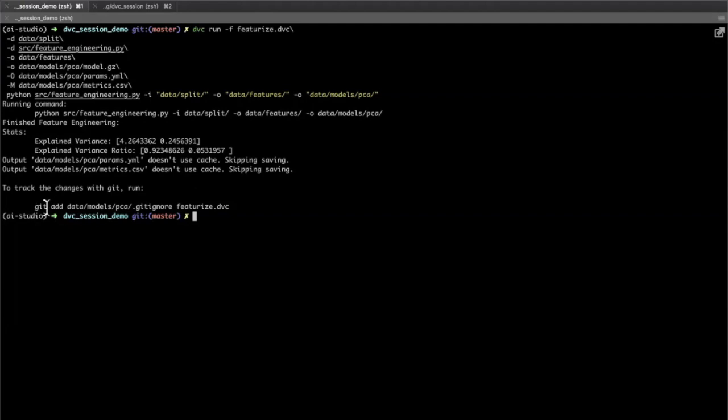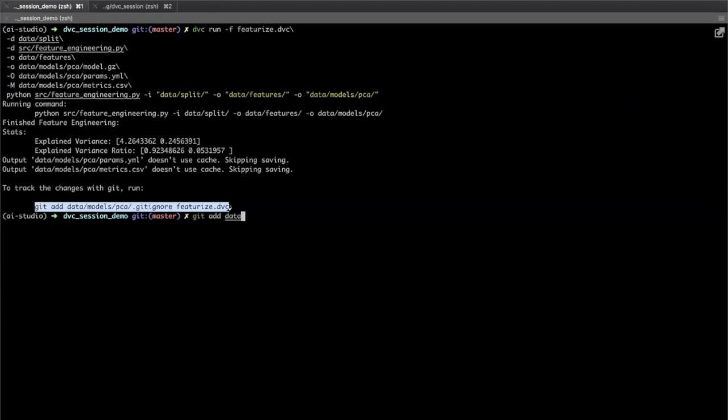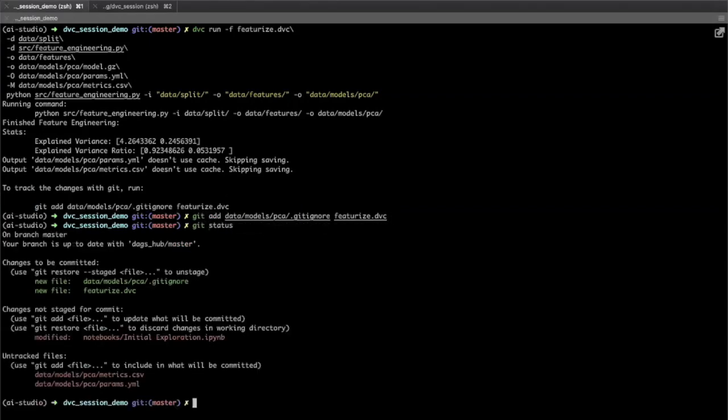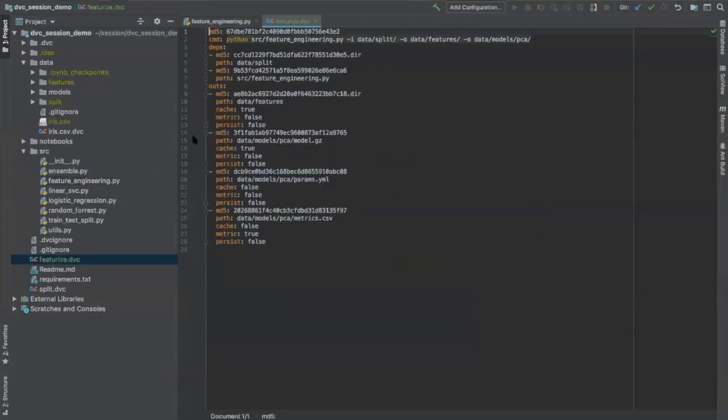DVC says that it has created a featureize.dvc file, which you have to commit. And if you look into that featureize.dvc, again, the dependency is data/split, the dependency on the code, and these are the 4 outputs that it generates.